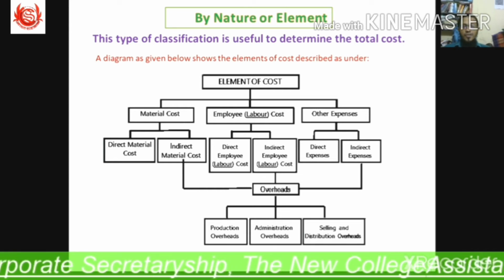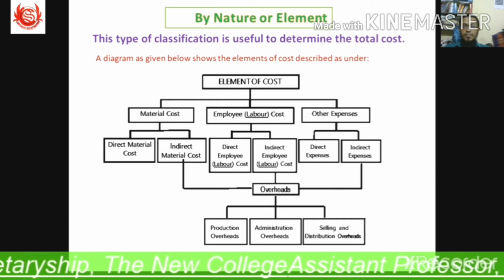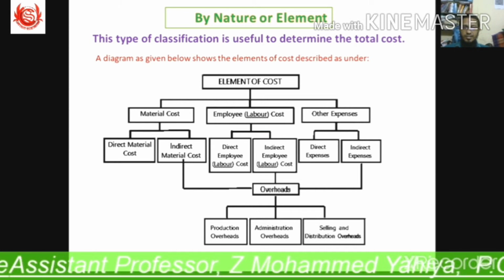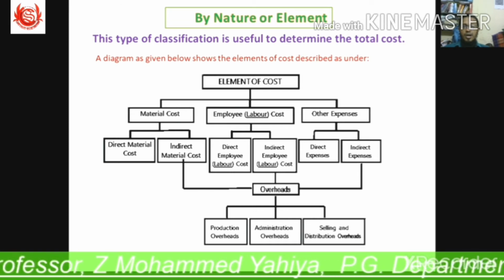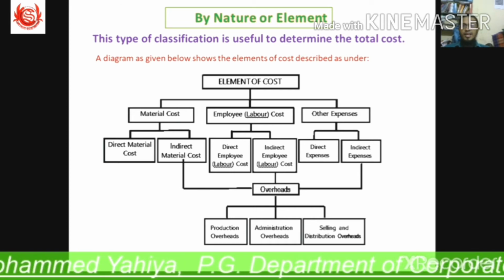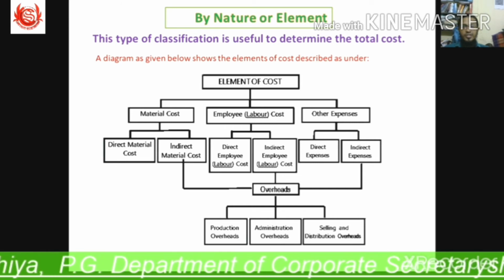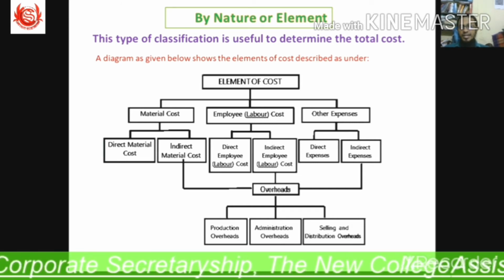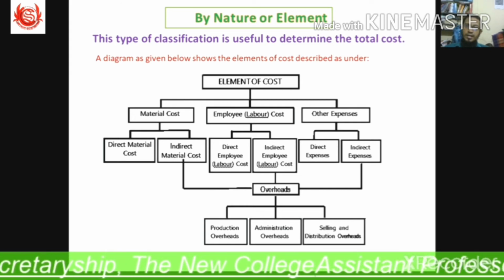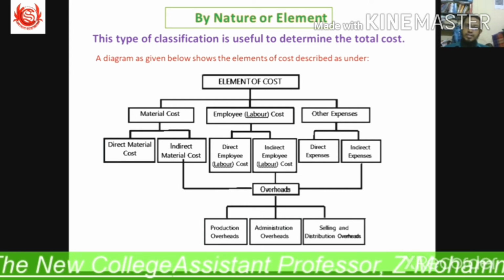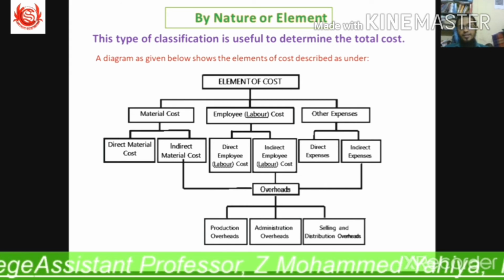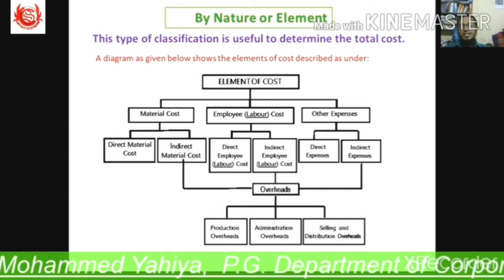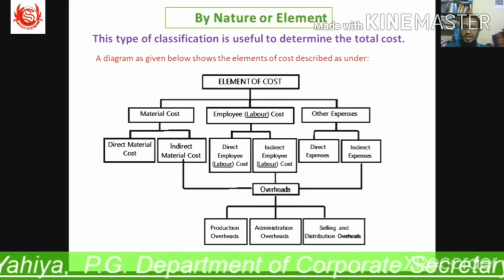Next is office and administrative overheads, where the expenses incurred in the office, that is the administrative part, will all be recorded: office manager salary, office rent, office lighting, and whatever other office expenses there are. Then the last overheads, we have selling and distribution overheads.